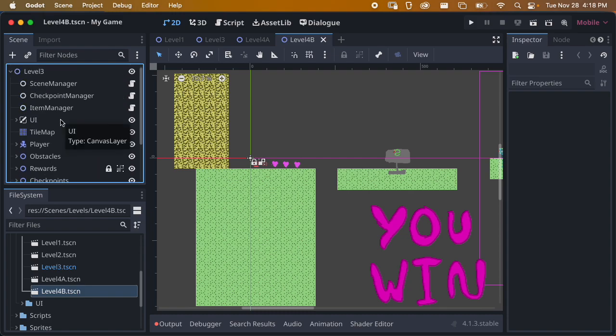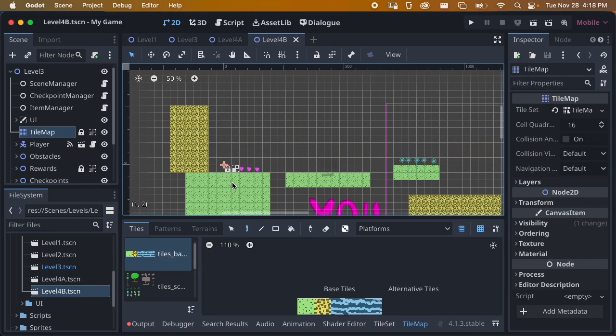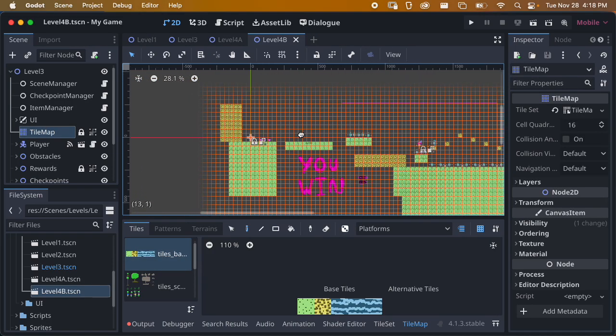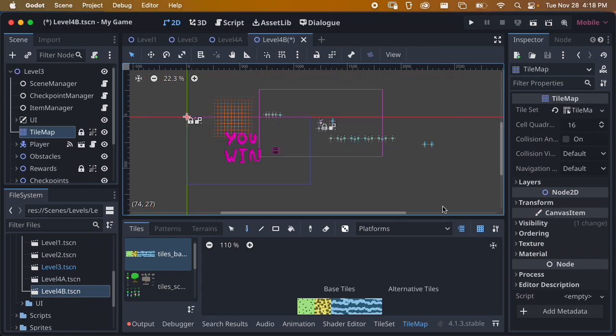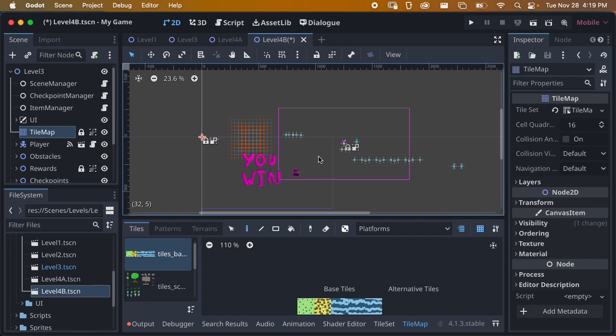So now I have to do a little bit of work to get rid of some of this stuff. So like with my tile map, I would basically just open this, but it's pretty easy to delete all this stuff. I'll just hold Command and Shift and right click and just go like that, and it's all gone. And then you delete the obstacles or move them around. So that's actually what I normally do,